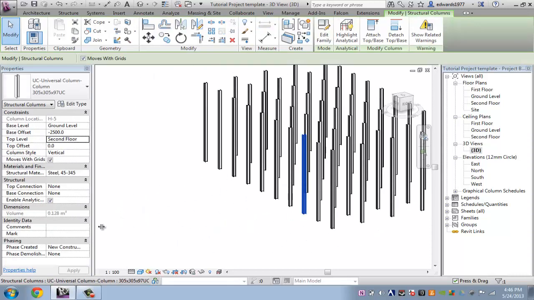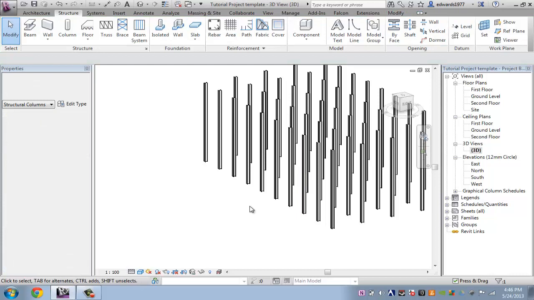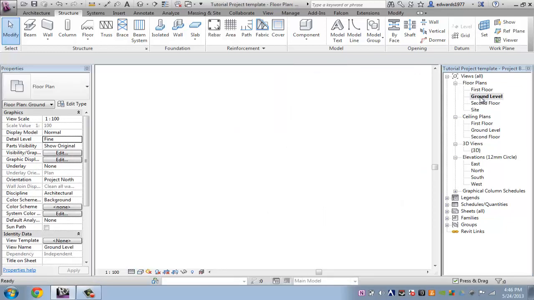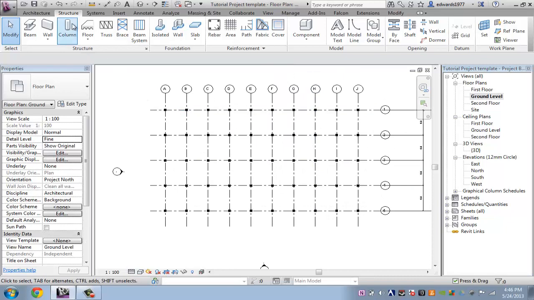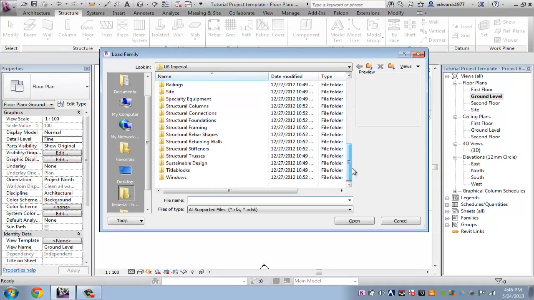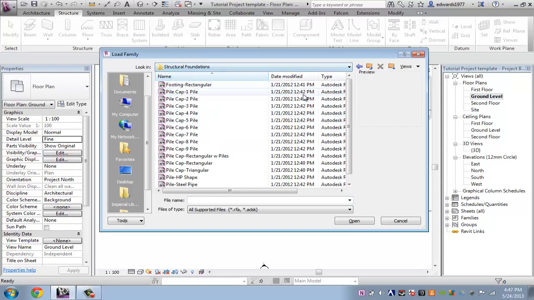So, what else can we do with columns? Well, we want to add slabs at the bottom, so we need to isolate these columns. So what we need to do is go to the ground level floor plan, click on structure tool and click on isolated. Click yes. Okay, so now we need to choose what type of foundation we want. So we go to structural foundations and we will pick the rectangular